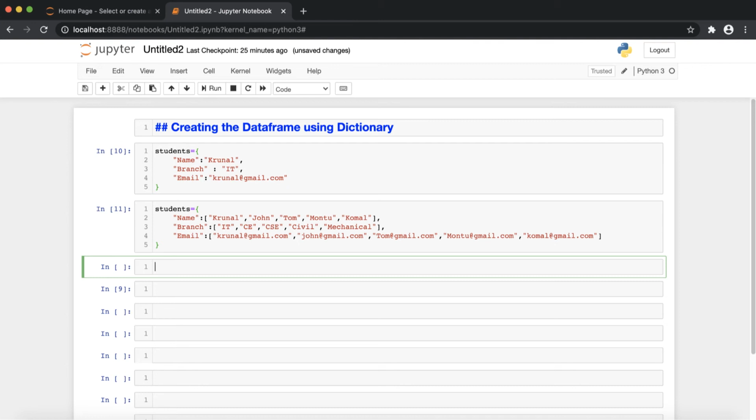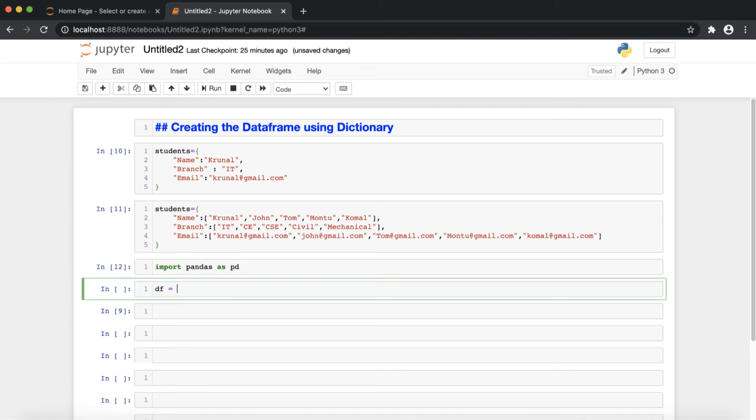Now, what can we do with that? We start with import pandas as pd. Then we are creating the data frame: df is equal to pd.DataFrame. In that, as per the syntax of the data frame we have discussed, we need to provide the input data. So here we are going to provide the input data as students.